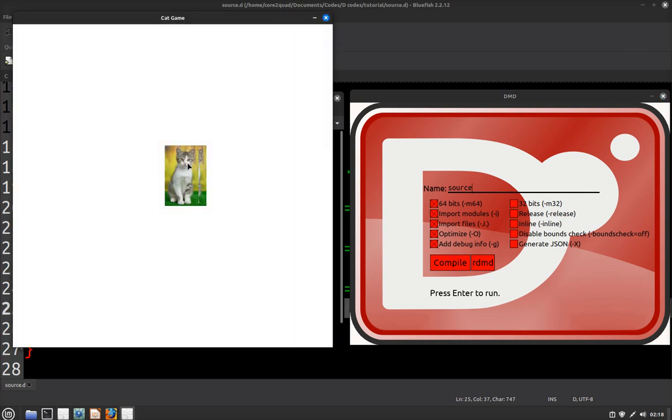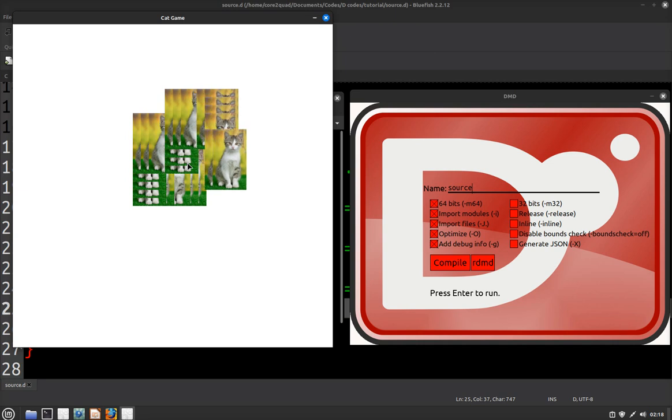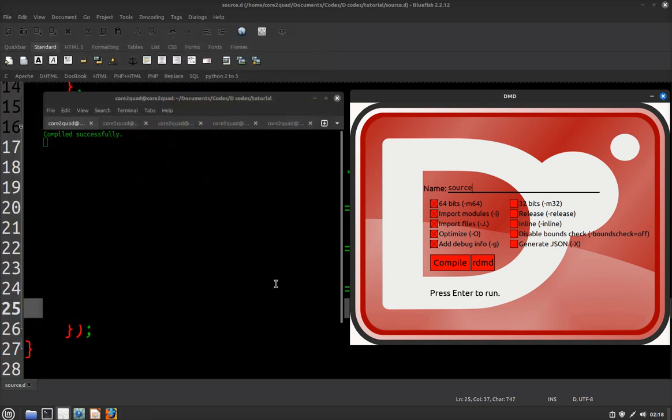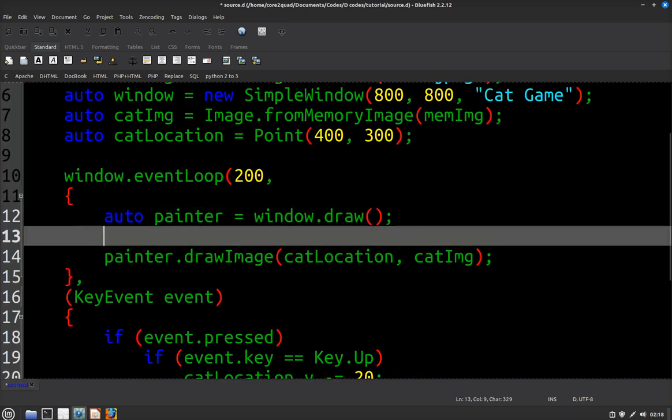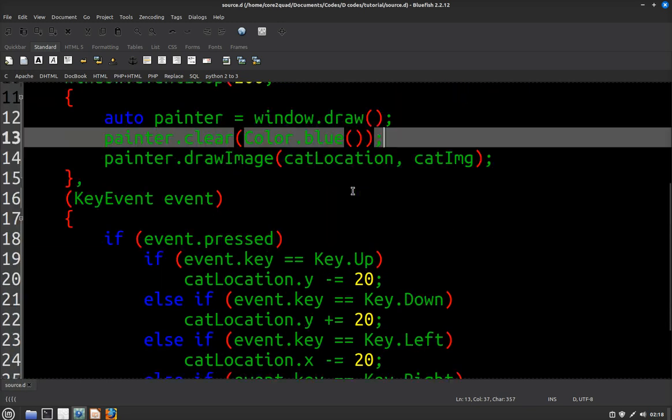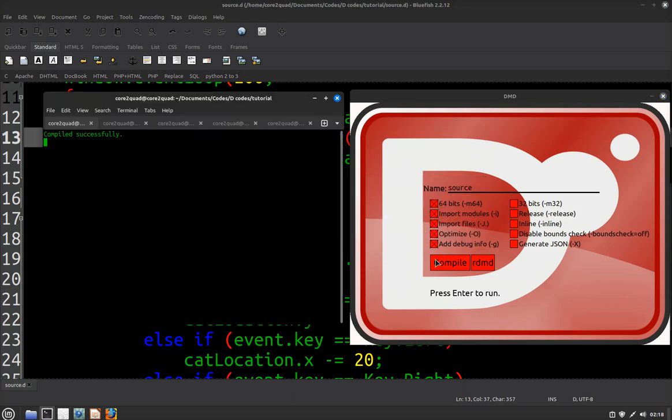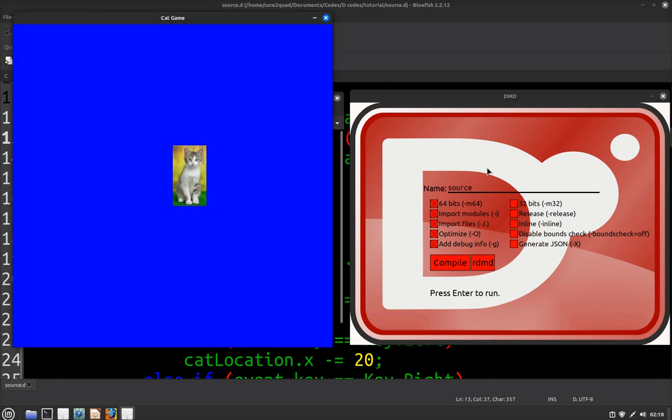There it is. We can move it, but it leaves a trail behind. We have to wipe the window at each turn. So here we're gonna tell it to clear the window with the color blue, so it wipes the previous image of the cat. Let's compile it. Now there it is. We can move